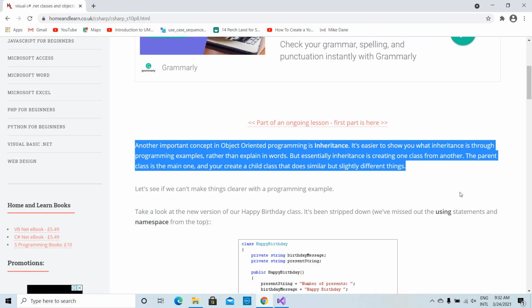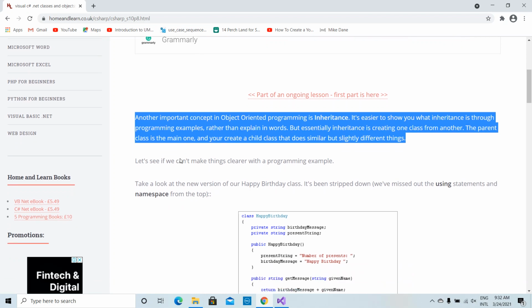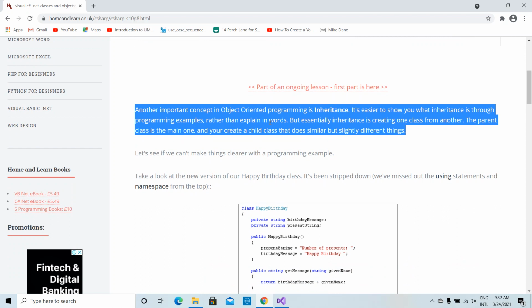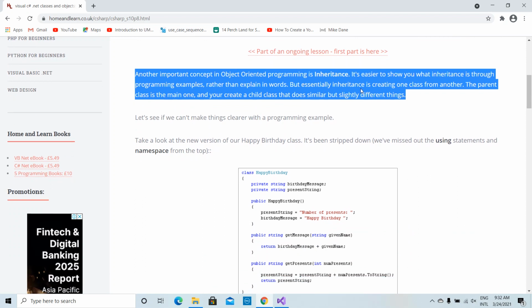Another important concept in object-oriented programming is inheritance. It's easier to show you what inheritance is through programming examples rather than explaining words. But essentially, inheritance is creating one class from another. Inheritance means we use another class to create a class. The parent class is the main one, and you create a child class that does similar